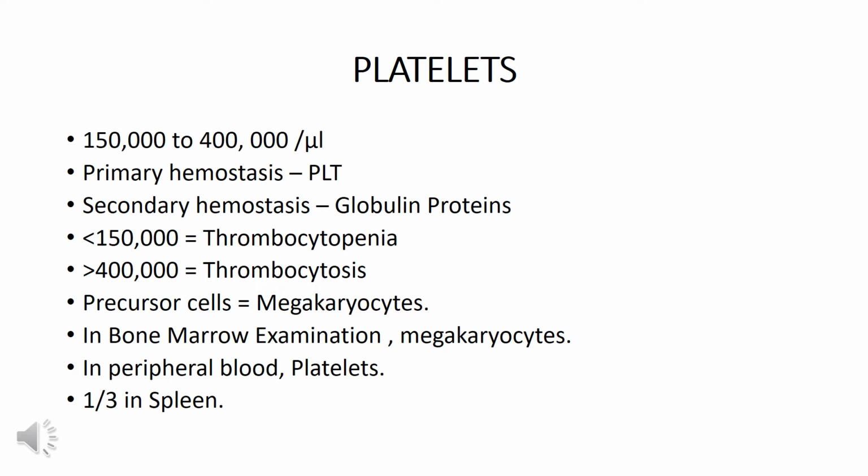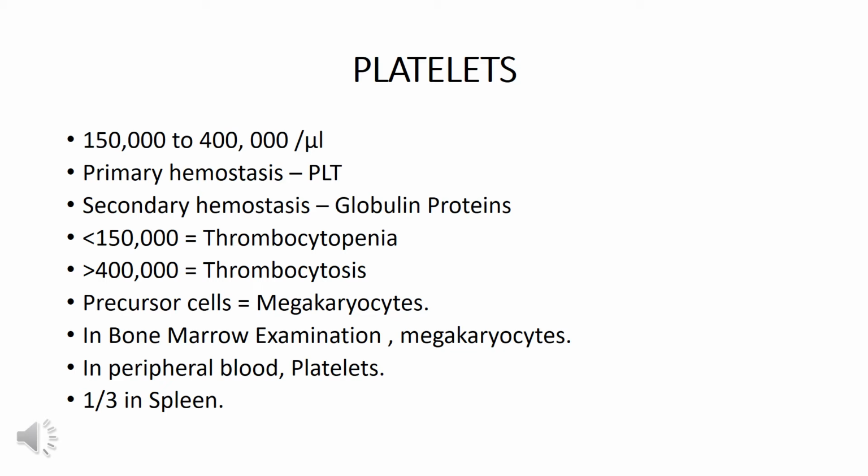Platelets are normally involved in primary hemostasis, and we have discussed some proteins like protein C, thrombin, and coagulation factors. These were all globulin proteins. Secondary hemostasis occurs mostly due to globulin proteins. Platelets are much more important for primary hemostasis. Not only in primary hemostasis, platelets also participate efficiently in secondary hemostasis, but there the role of some other proteins becomes higher.